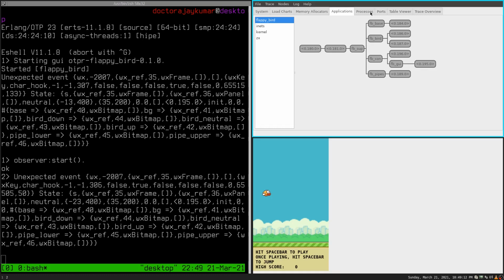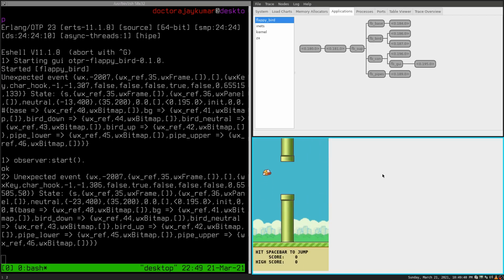This is probably the smallest example you can find where concurrency actually makes your life a lot easier, specifically when you're dealing with timing. Normally a game like this, you write it in, say, Python, you put the entire body of your program in a while loop. At the bottom, you have whatever the ticks of the game, say 5 milliseconds. And then there are different things with different timescales. The base moves at a timescale, the bird flaps his wings, the bird has gravity, that all depends on time, the pipes have to move, the GUI has to redraw the screen,